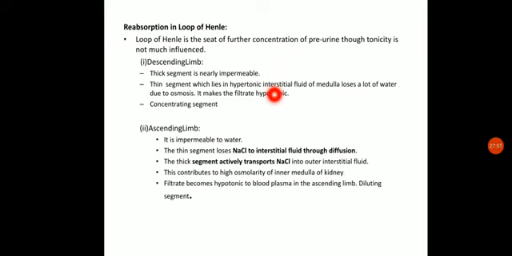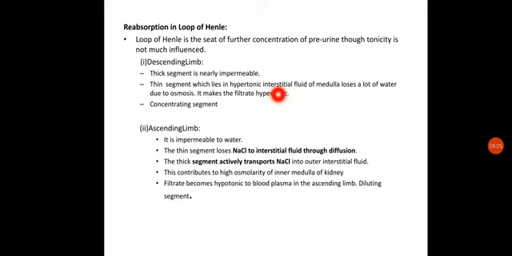The loop of Henle is the seat of concentration. Important: the loop of Henle is the major part of the nephron where the concentration of urine actually occurs. Or rather, concentration of filtrate, because right now we will not call it urine. It means that the amount of water present in the filtrate has to be lowered still further. The tonicity is not much influenced, but water has to be removed from this filtrate.